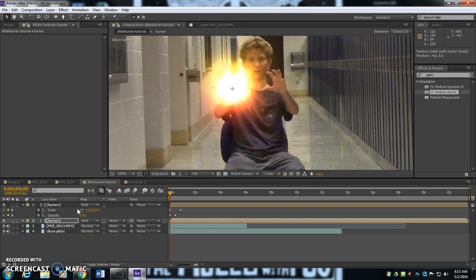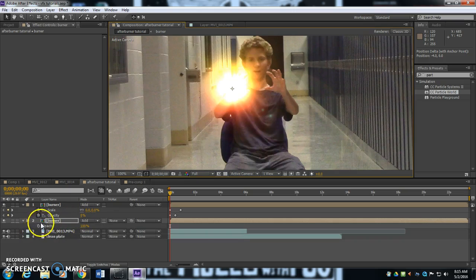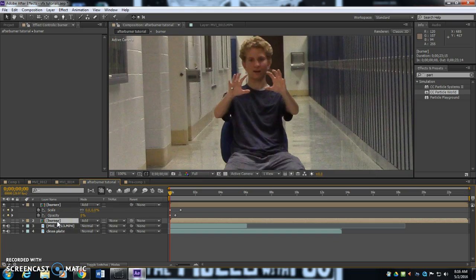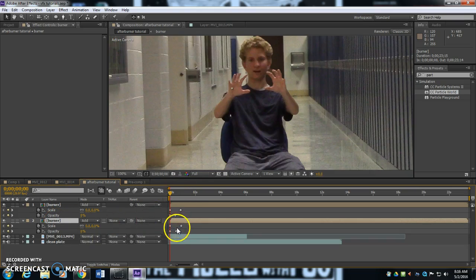Now I'm going to start with T for opacity. I'm going to click on the stopwatch for that, drag that down a little bit, and then it's going to animate from 0 to 100. I'm going to do the same thing for scale. So I push S on the keyboard, 100%. I'm going to drag that down a little bit further, and then I'm going to type in 0. Then I'm going to highlight the burner and push U on the keyboard a couple of times. And what U does is it shows